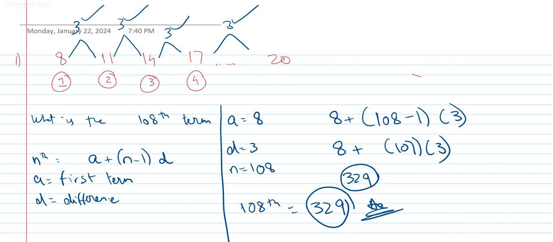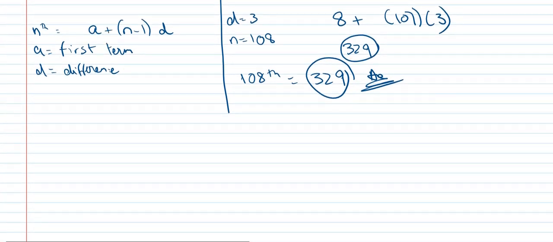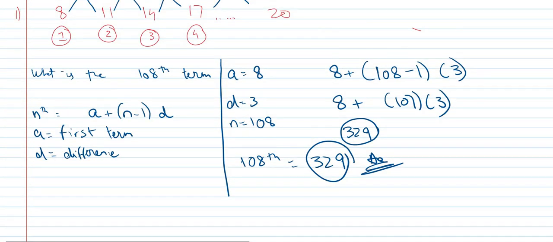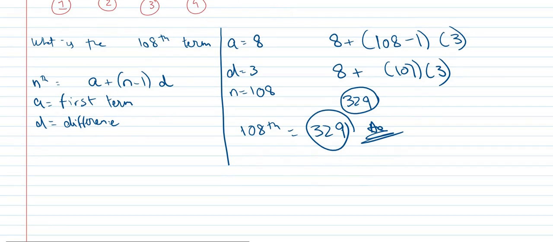Perfect. Now for example, assuming that we are doing the same question, you want to find the sum of the first 4 terms, alright? Yani when you add the first 4 terms, what does it equal? So right now you can easily do it. You can add 8 plus 11 plus 14 plus 17. But if I were to ask you to find the sum of the first 100 terms, it would be difficult. So the formula for finding the sum is